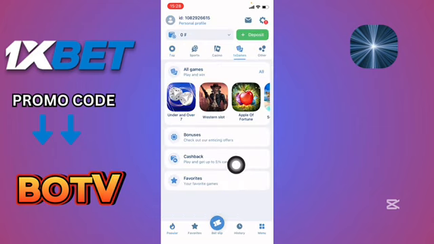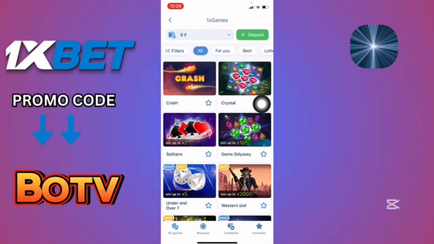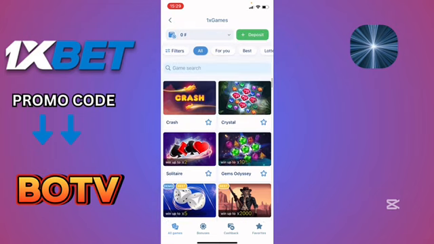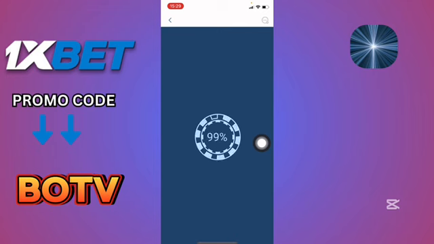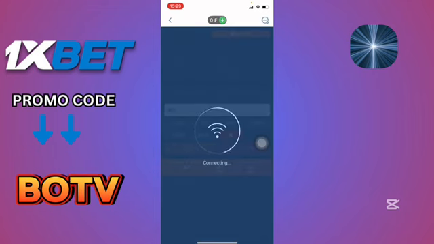Now, as everything is set, you will now come to your menu. Then you will come here at the level of 1x games, where by clicking on 1x games, you will come here to all games, where you will select a game that you wish to play. If I should take, for example, the game Crash, by clicking now on Crash, where you will play, you will